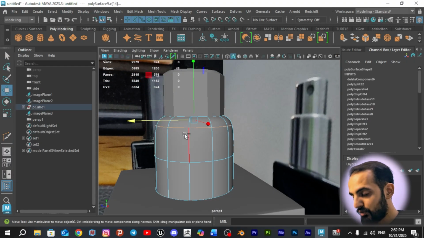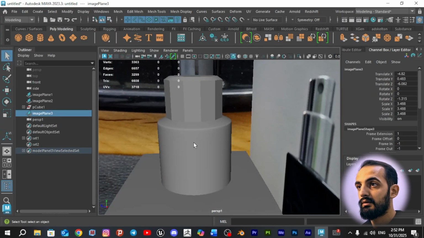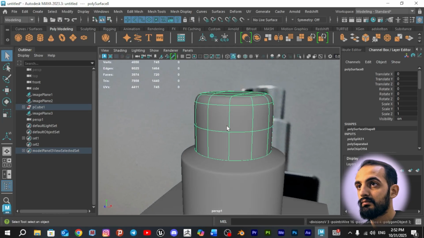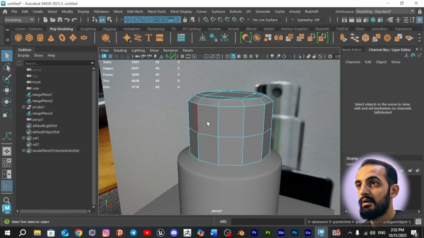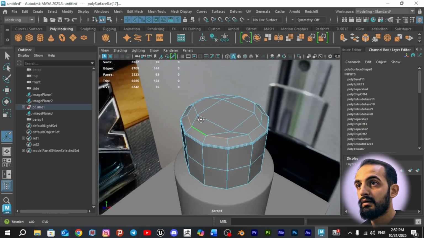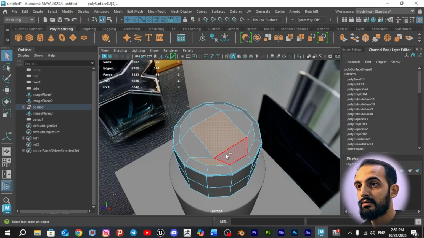Here I need support, Control B. It's good, I think. And even here, Control B. And actually here,